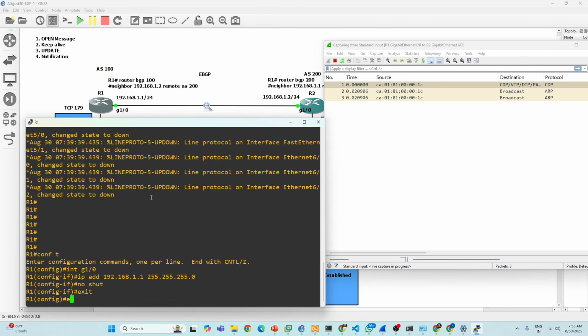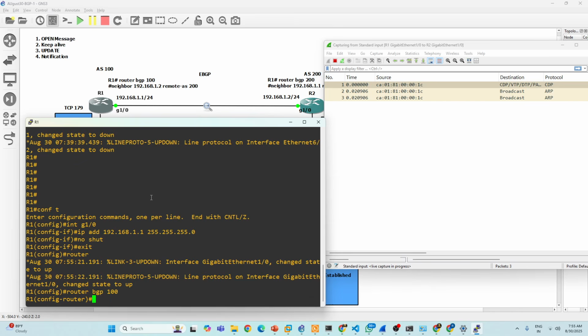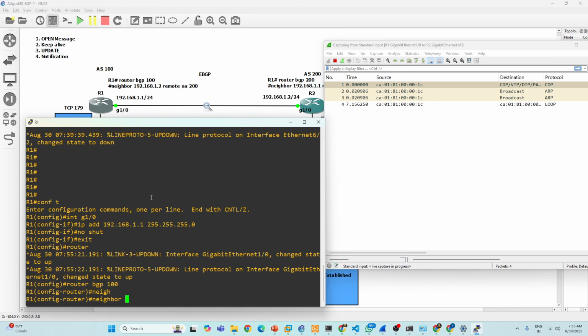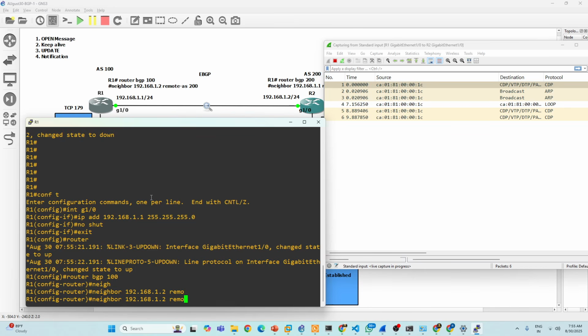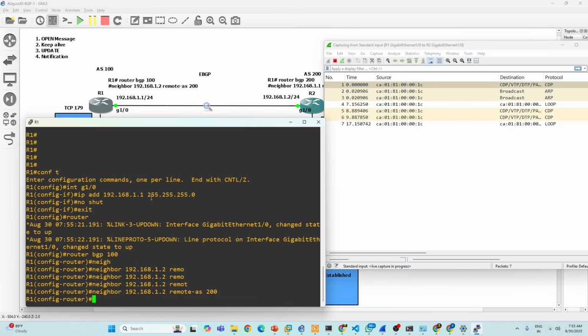Now router BGP 100. Once I start giving neighbor 192.168.1.2 and remote AS is 200, it will start sending the BGP TCP connection.